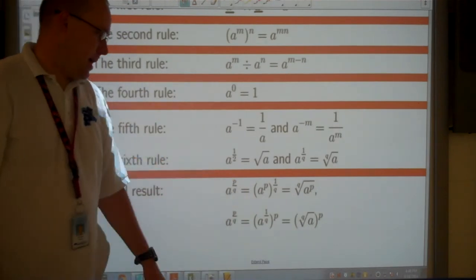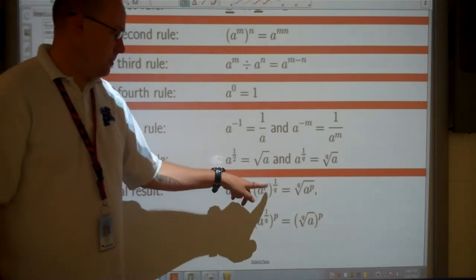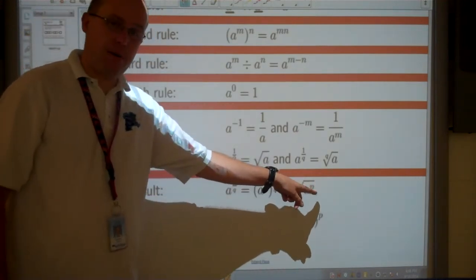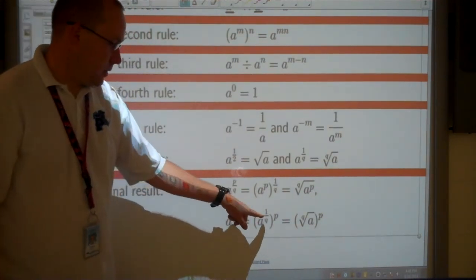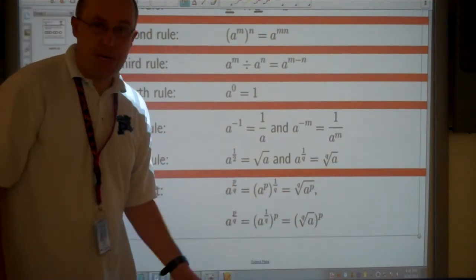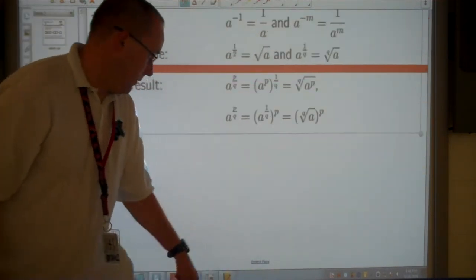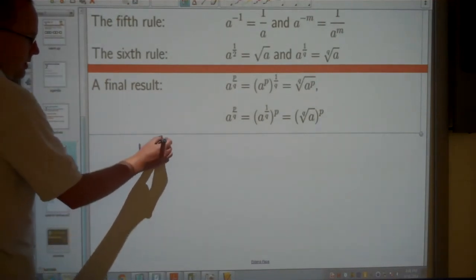Also, when we have a to the power of p over q, we've got a couple of ways we can work this out. We can either do a to the power of p, then raise it to the power of 1 over q, which means we do a to the power of p and then do the qth root. Or we can do the qth root and then raise it to the power of p. Now, there's a good reason why we want to do it the second way around. So, for example, if I was to ask you this question,